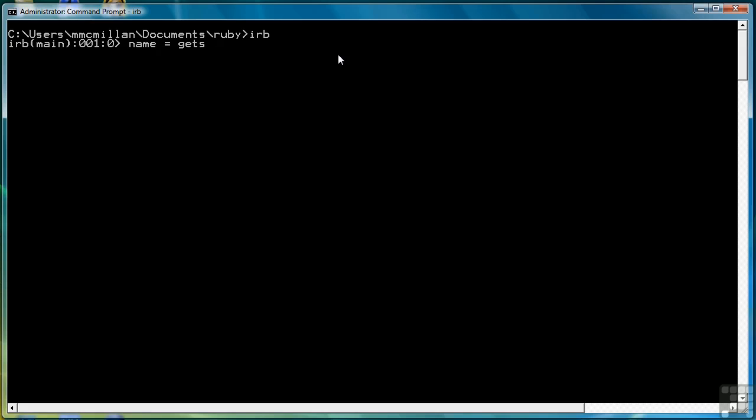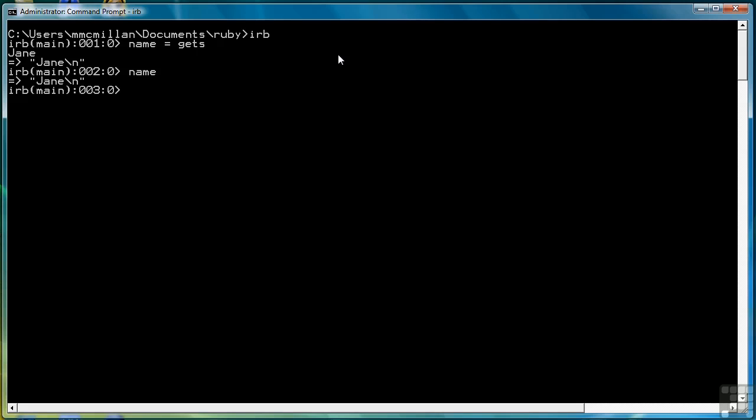So this line is going to retrieve data from the keyboard and store it in the variable name. So when I hit enter, the cursor stops, waiting for me to enter data from the keyboard. And then when I do that, it's going to return the value stored in the variable. If I type Jane, it returns Jane along with an appended or concatenated new line character, which is a feature of gets. What that means is that if I access the variable value, I'm going to get the new line